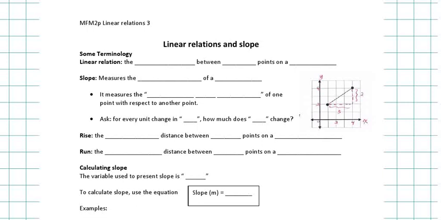So linear relation is the relationship between 2 points on a straight line. Now,